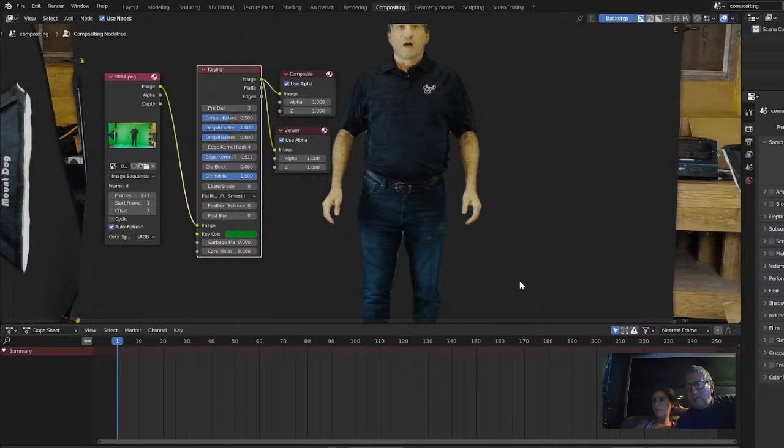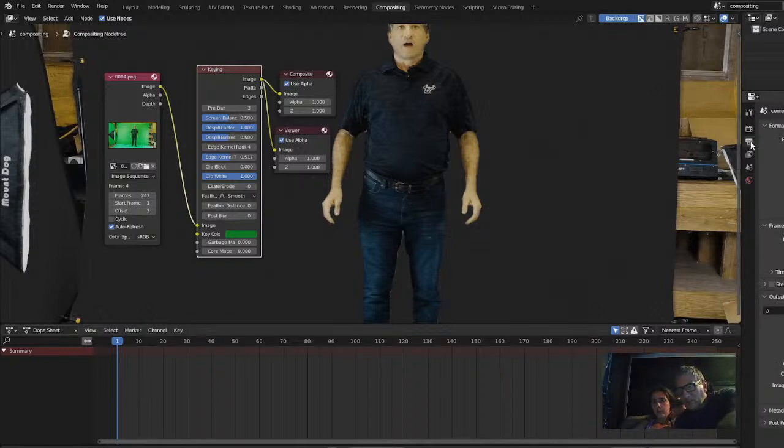For the output, go to the output here. Right there. Where? Right there. Here. Yeah. Is it on that? There you go. See if it's going to be PNG, RGBA,